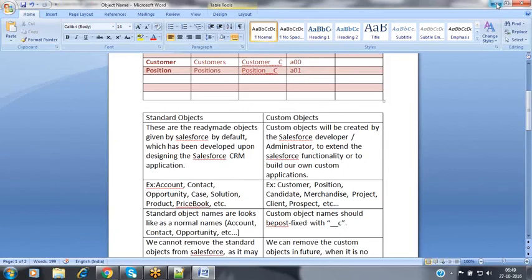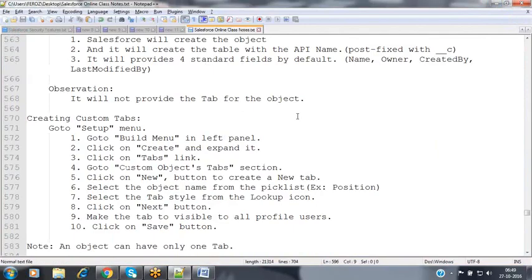Then how can we create the custom fields? How can we leverage the functionality of our Salesforce? And how can we add some more columns? What is the standard field? What is the custom field? What is the difference between these two? And how many custom fields can we create? And how can we customize the standard fields also? We'll see practically all this information in tomorrow's session. Creating the fields is very, very important. So don't miss tomorrow's session.